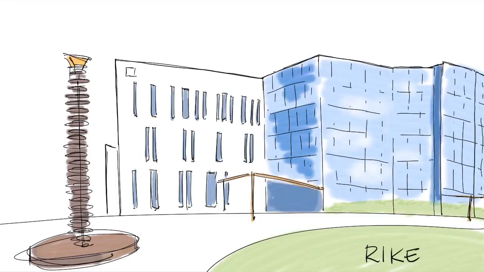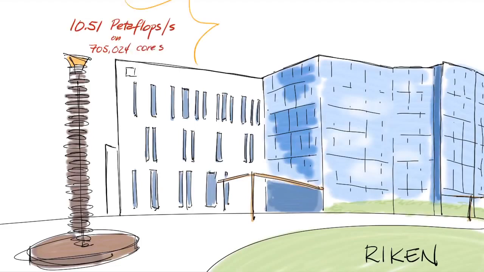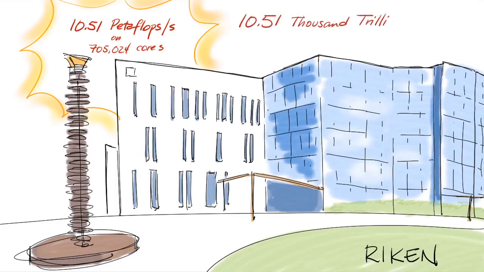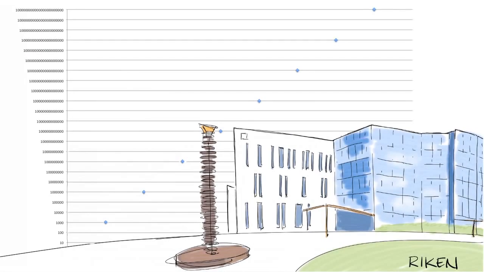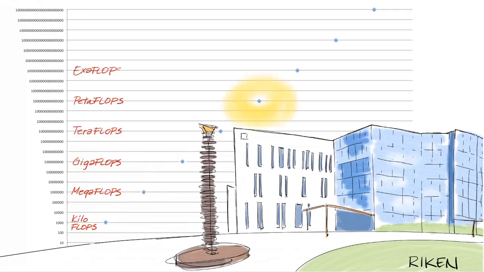Installed at the Riken Advanced Institute for Computational Science, AICS, in Kobe, Japan, the K-computer achieved an impressive 10.51 petaflops per second on the LINPACK benchmark. And yes, you heard it right, 10.51 petaflops. That's 10.51 thousand trillion floating point operations per second. Wow! Well, one of the not-so-secret secrets about HPC architectures is that they achieve petaflop scale performance through